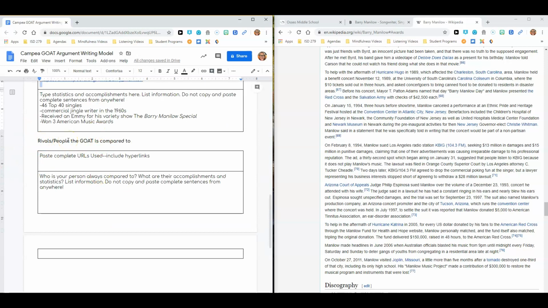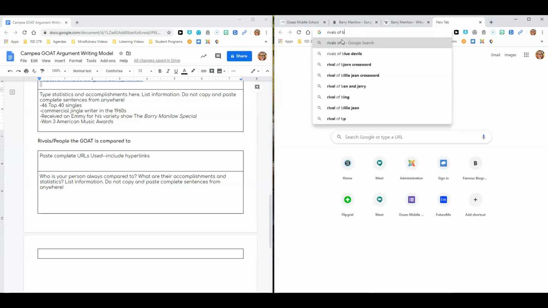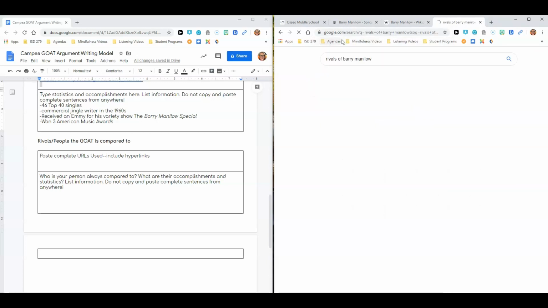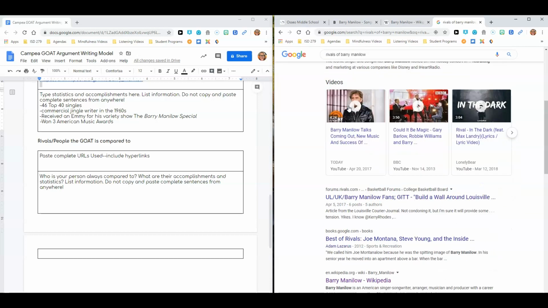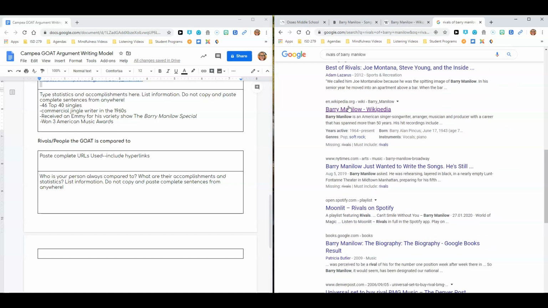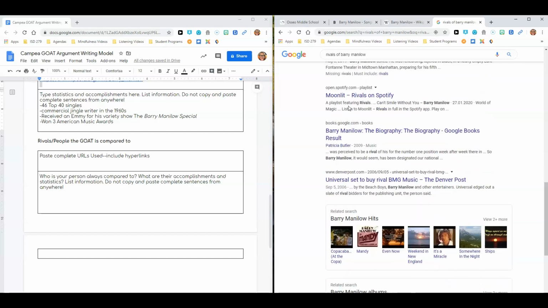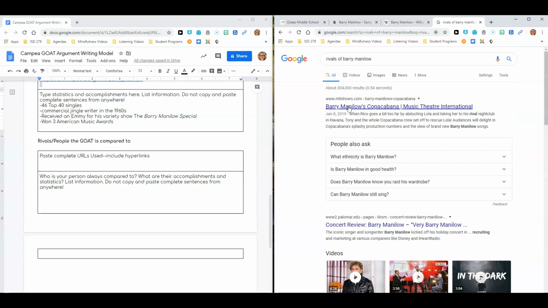Now I need to find who are rivals and people that the GOAT is compared to. So again, the power of Google right here. I'm looking for rivals of Barry Manilow. And I can look through here, Barry Manilow, Copacabana, Best of Rivals, biography. Okay, nothing really jumps out, so let's do